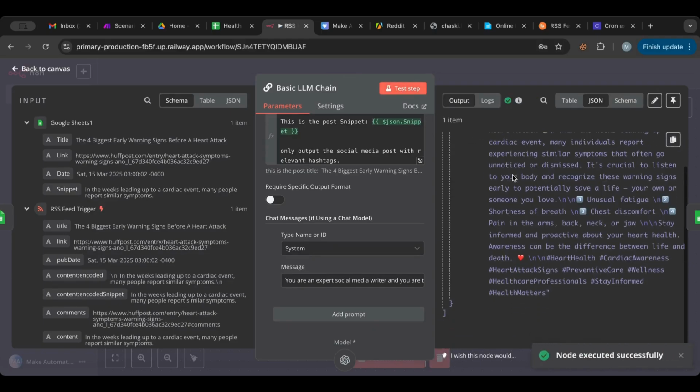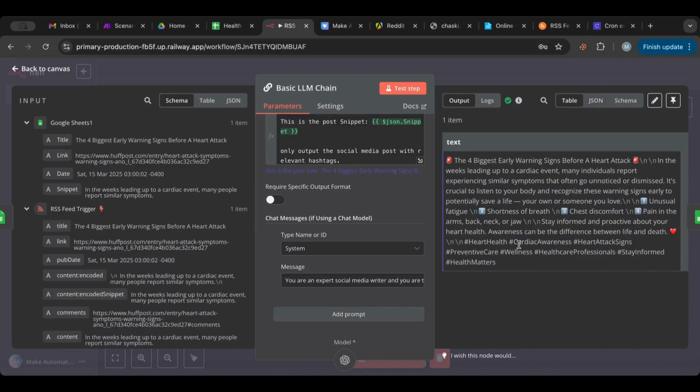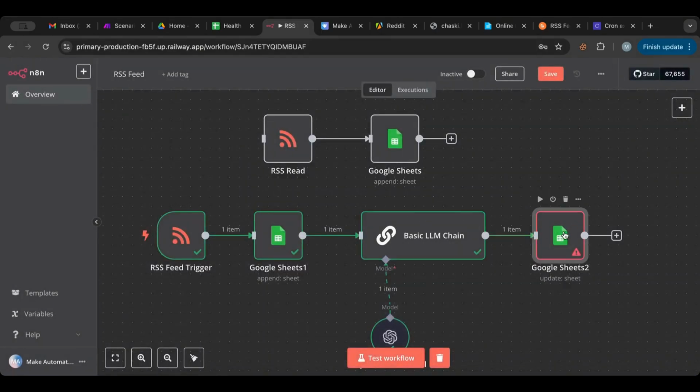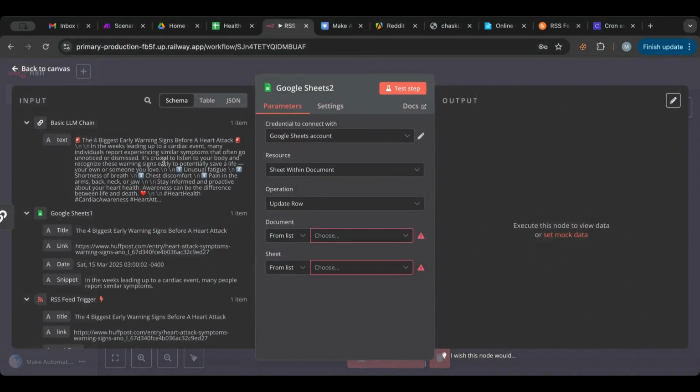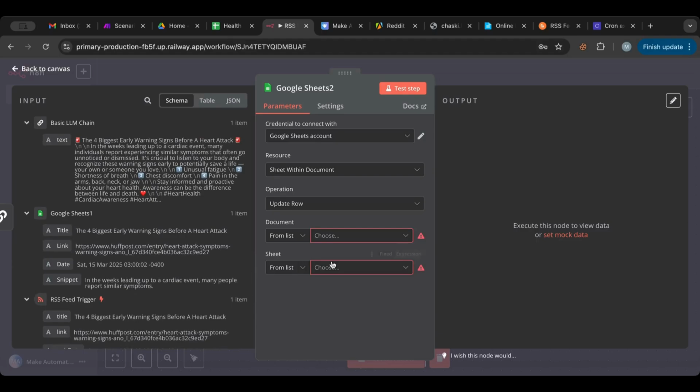there you go. There is what we, so the biggest early signs are, and then it gives us this awesome looking post that we can, shortness of breath. So okay, because this is health, and then we have this post that we can now update. Okay, and the way we do that,